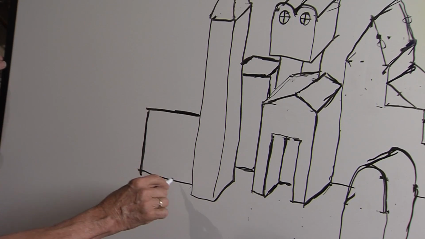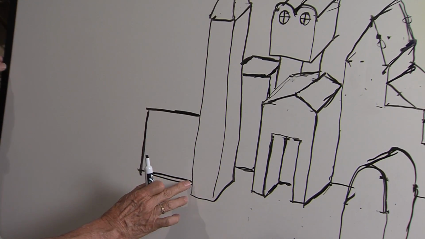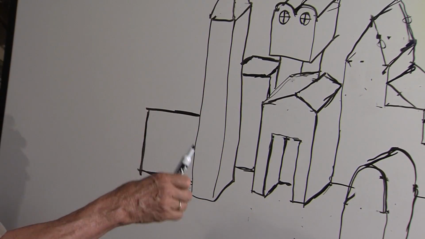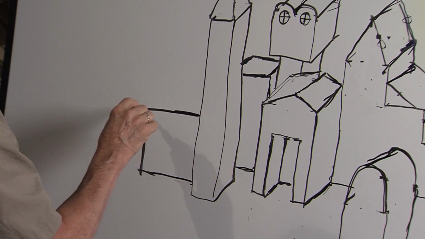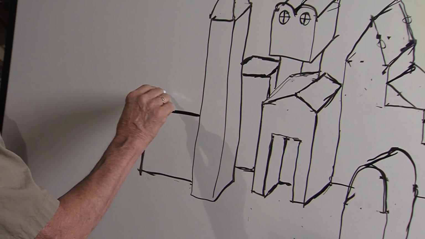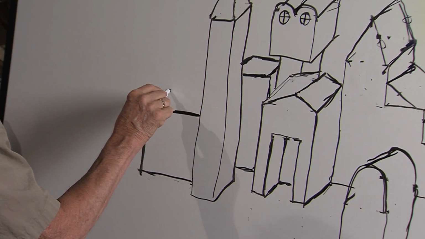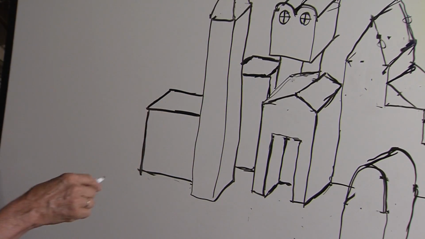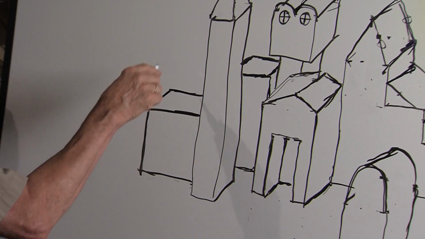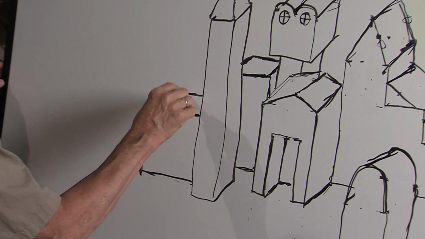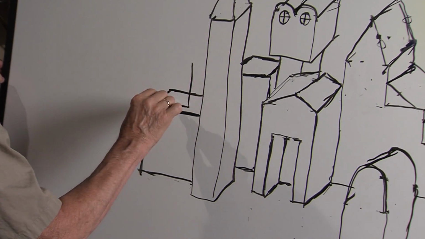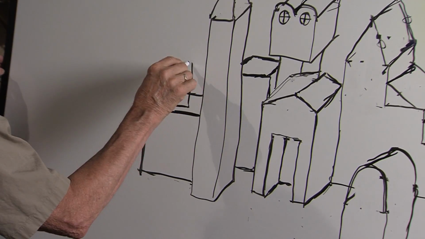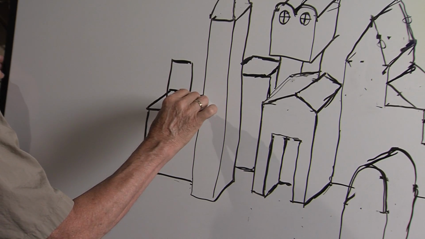Another front of a cube. This is why that straight-on view of a cube really helps you with your creativity, because when you start going on odd angles, it makes it kind of complicated. So we're going to add a cube back here, and maybe a cube on top of this cube. We're going to put another one right on top here that goes up like this and goes back.